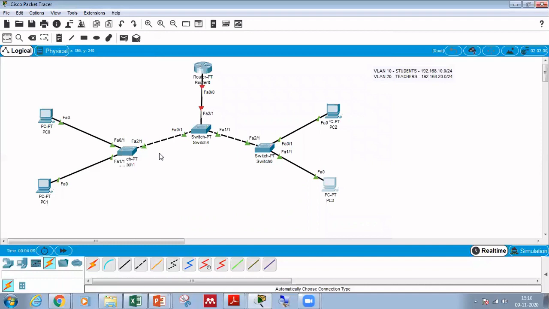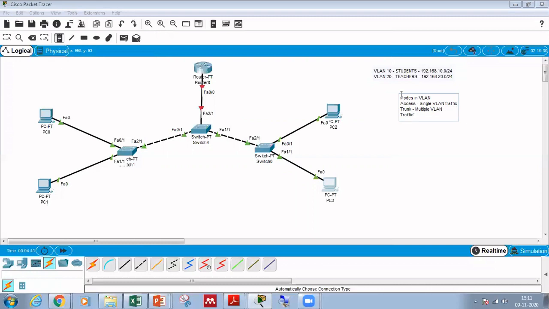Now we have to configure the ports of the switches. There are two modes in VLAN. Number one is the access mode, which carries single VLAN traffic. The second one is the trunk mode, which carries multiple VLAN traffic.